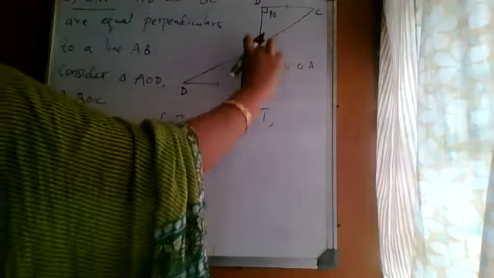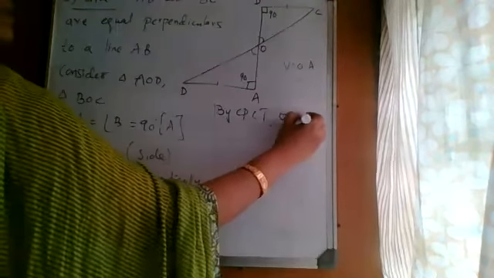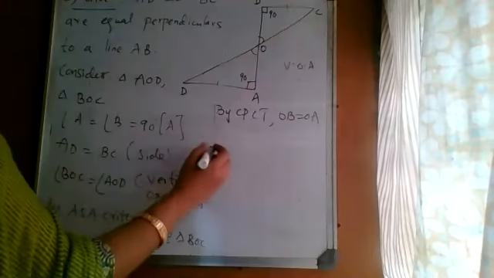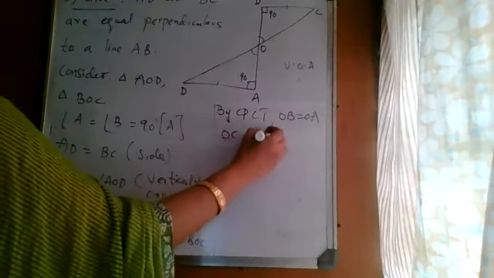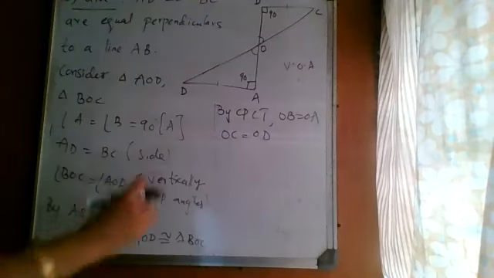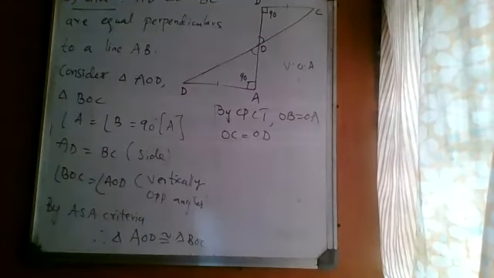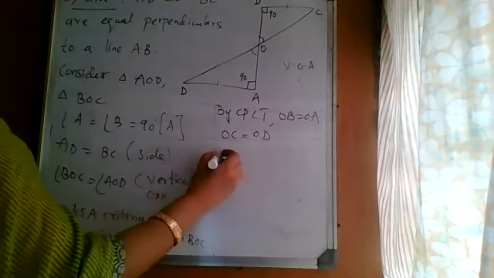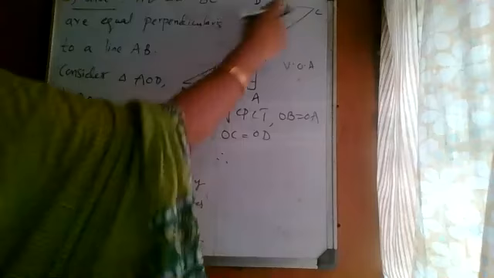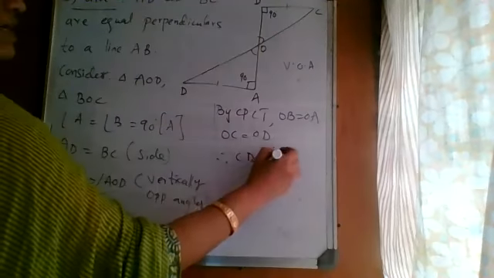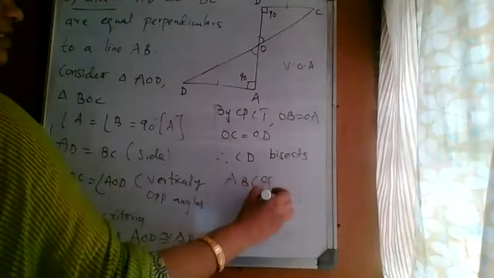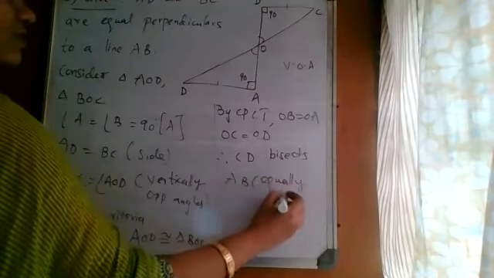OB is equal to OA, corresponding sides, and OC is equal to OD. This side is equal to this side, and this side is equal to this side. This is by CPCT. Okay, therefore, what can we say now? CD bisects AB. What is the meaning of CD bisects AB? It equally divides. It means